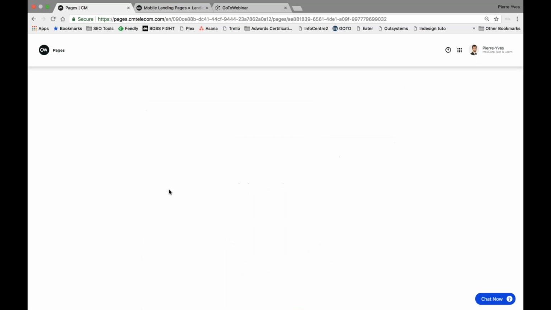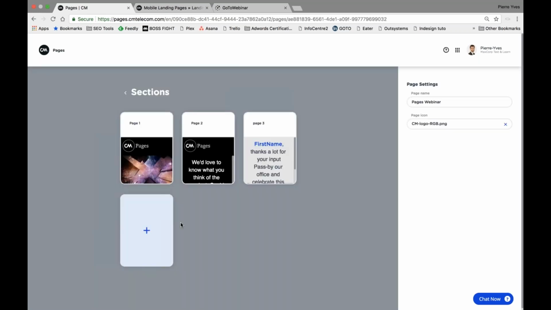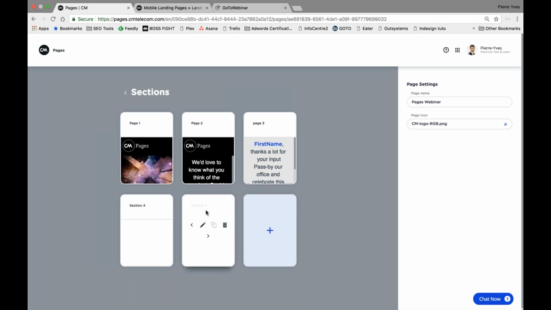Let's see this page. Once you access your landing page, the first thing you see is a section. The sections is where you can create your scenario, your customer journey. Here you're going to be able to create pages within your landing page. For example, I can simply add a page like this, and which means that when your customer opens your